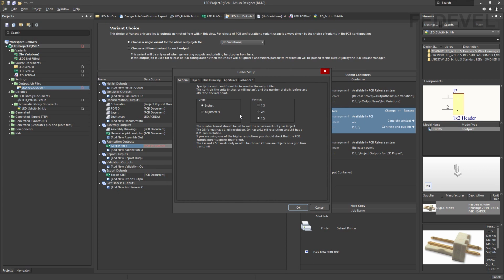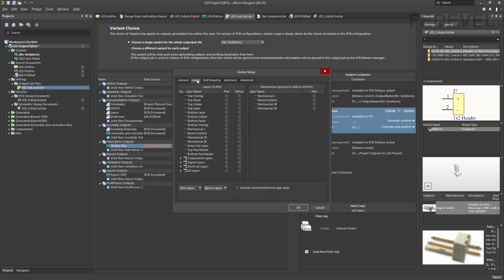Leave this default, left click on Layers tab. We are going to enable what layers we would like to use to generate the Gerber files. So left click on top overlay, top paste, top solder, top layer, bottom solder, bottom paste, bottom overlay, and left click on board outline.